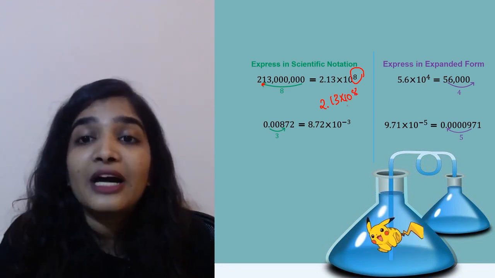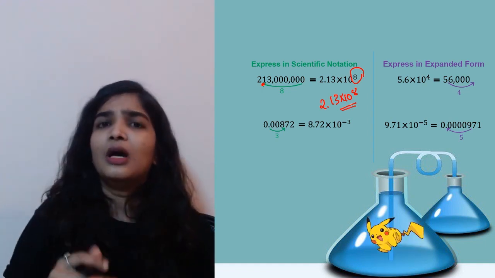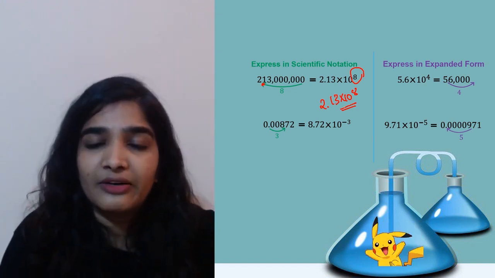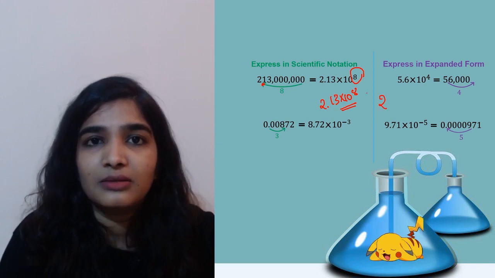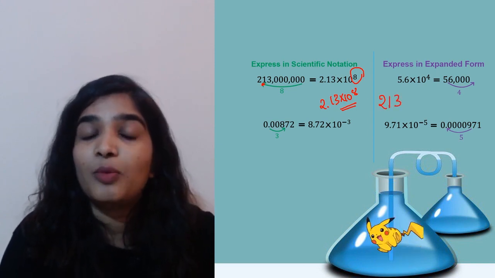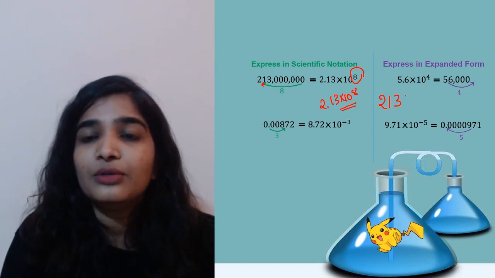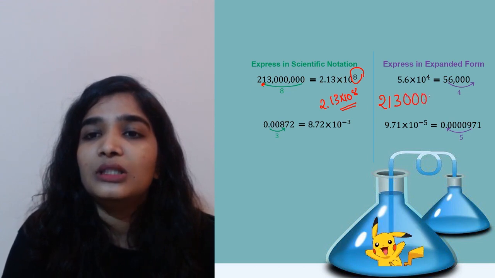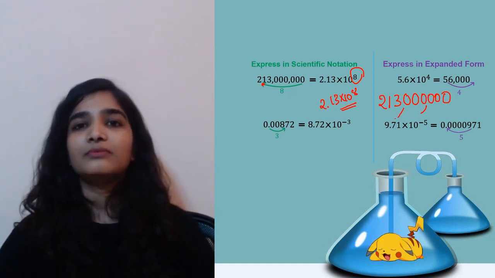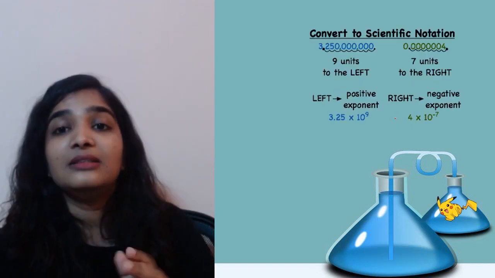Now you have this, but if you want to know what exactly the number is, you have to write it in the expanded form. So all you have to do is, 2.13 into 10 raised to 8 is there, no? So you just remove the decimal, write 213. After the decimal point, there have to be 8 digits. So 2 digits are already here. So another 1, 2, 3, 4, 5, 6. See? So this is how you can express the number in the scientific notation as well as in the expanded form.